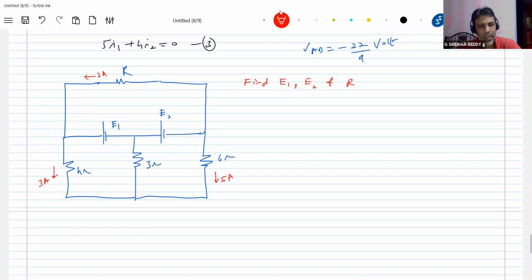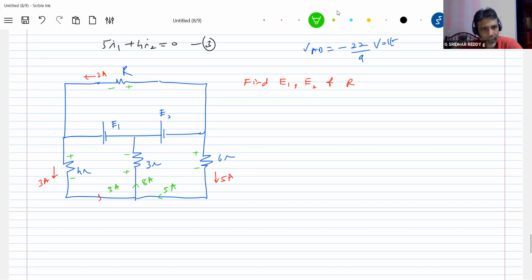So here 3 ampere current is flowing. 3 ampere is there, and here 5 ampere is there. Look at the direction of current, 3 ampere and 5 ampere. So how much current should flow here? 8 ampere, applying KCL. So here 3 ampere, and this will be 8 ampere. Now we know the current here. Current enters, it leaves. Current here enters, it leaves. These are the polarities we have, and it will be like this.